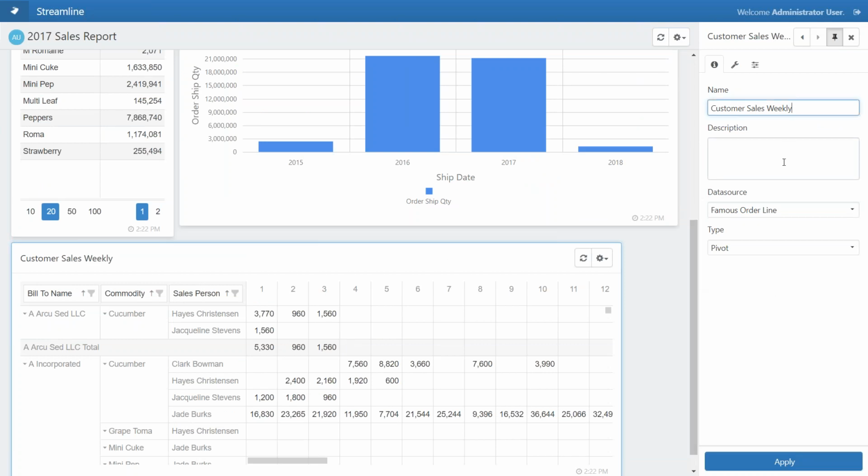You'll see our additional menu come up here. It's going to start with just general information. So name, an optional description, what data source you're going to be pulling from, and what type of tile you want to set up. We've got grid, pivot, chart, or pie, and of course today I've got pivot selected. If I click on this gear tab,